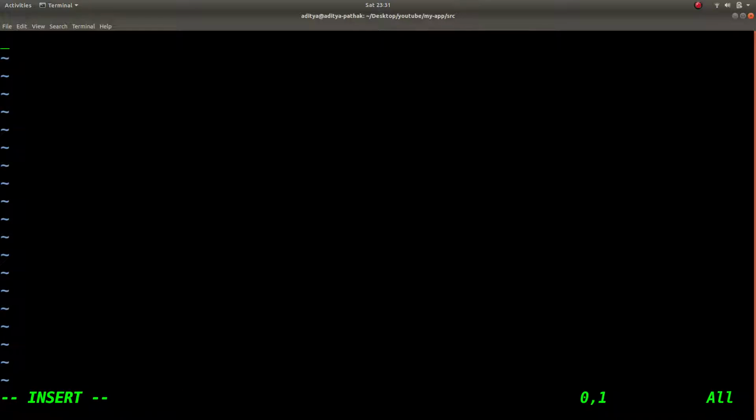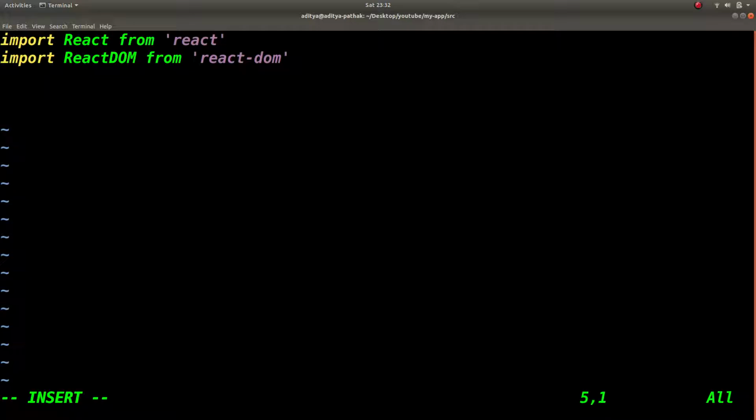The first line of code is we have to include the React libraries. So for including, we need to write import React from 'react'. After that, we have to include the ReactDOM library. Alright, so we have included the ReactDOM library. Now we need to render some content on the browser. So for rendering, the ReactDOM library is used. ReactDOM contains a method named render which is used to render.